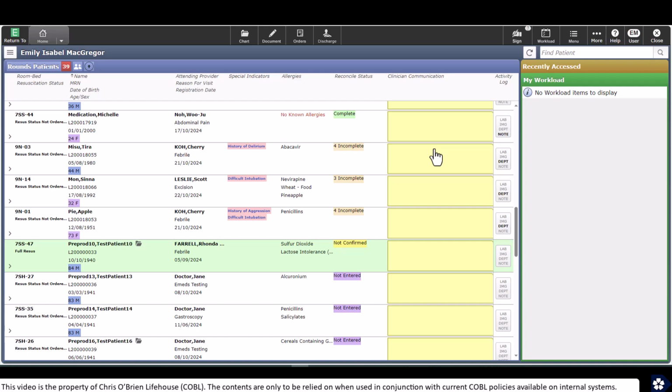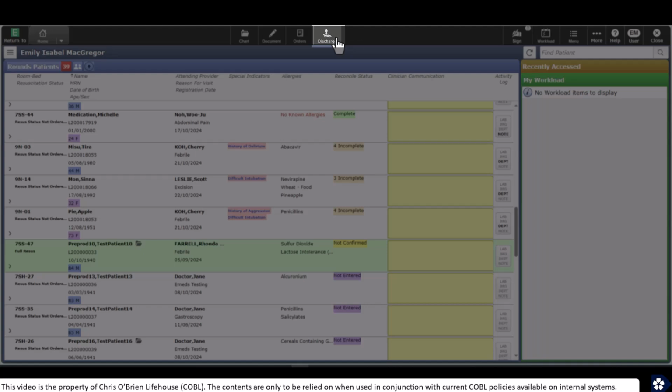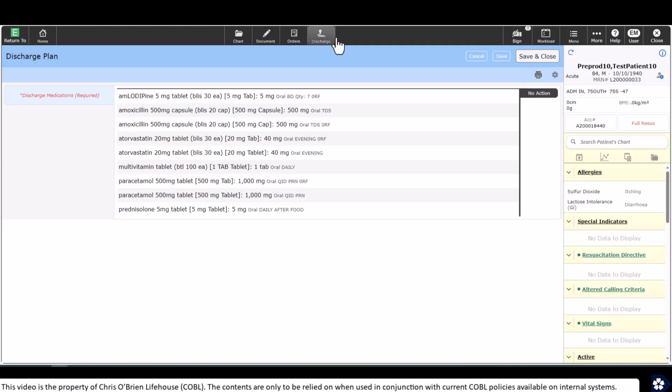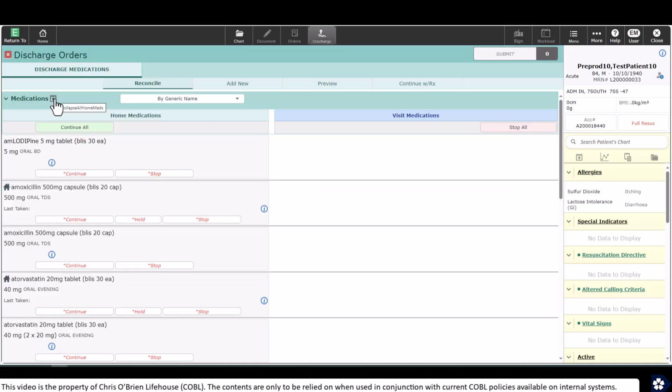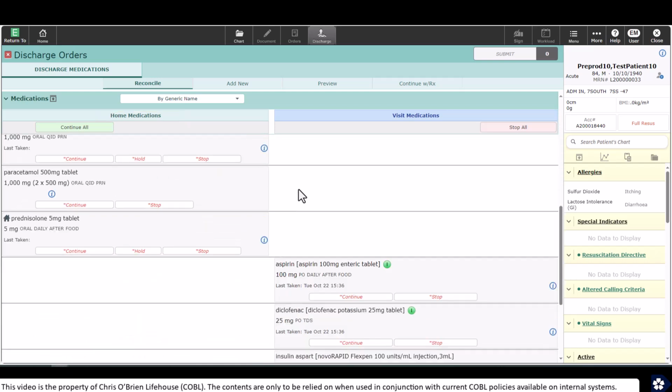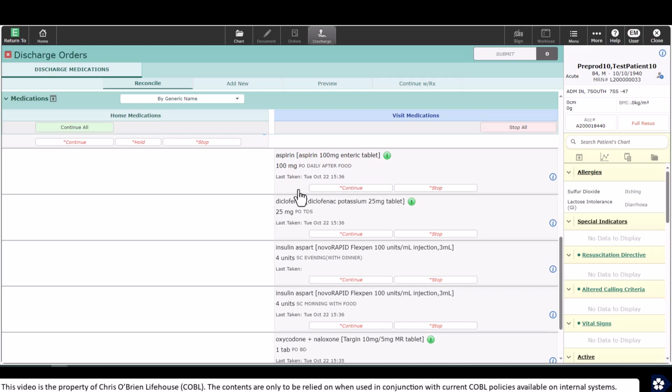For the discharge routine, ensure your patient is selected, then select the Discharge button on the top black menu bar. The No Action table indicates these medications haven't been reconciled for discharge. Click on the red Discharge Medications text to start the discharge process. If the patient has any home medications, they will appear in the left column in this table. Medications appearing on the right are medications that have been charted since the patient has been admitted and have the